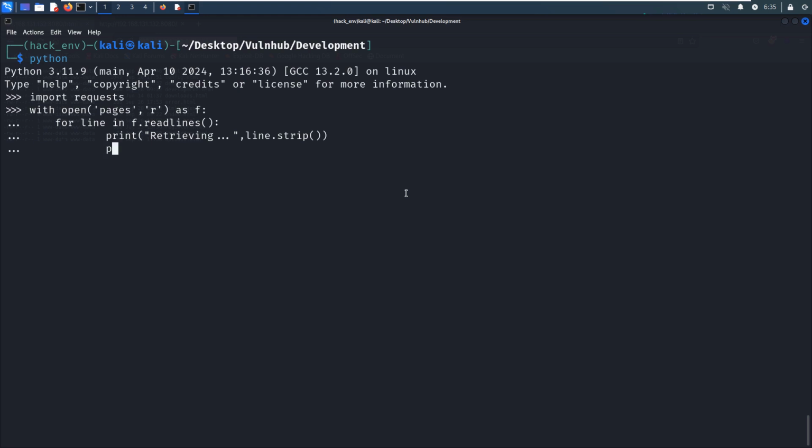And next we can print requests.get. Oh, I think we need to set the URL variable.